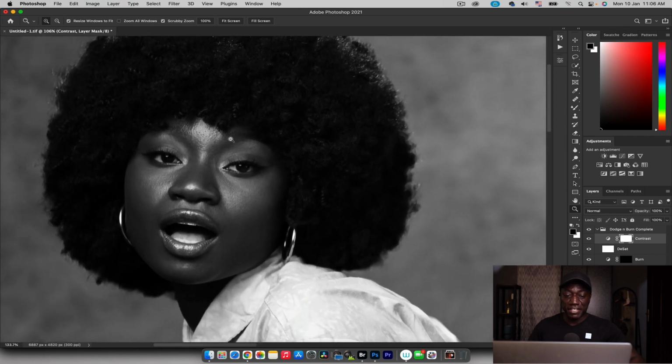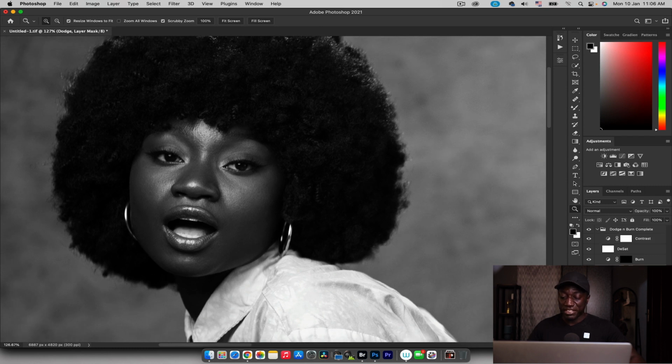Now zooming into her face, this is where we're going to start off with. I'm going to hit dodge, and then I'm going to go and select a regular brush, but also reduce the flow to just about maybe 1 or 2, maximum 3%. And that is what I'm going to be using to smoothen the skin. I'm going to be painting with white on the layer mask, and that should now help me just reduce all